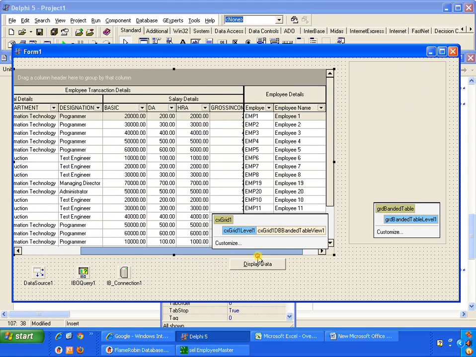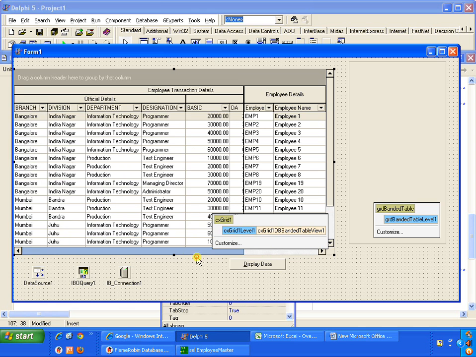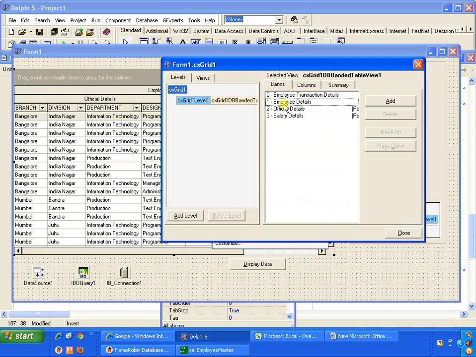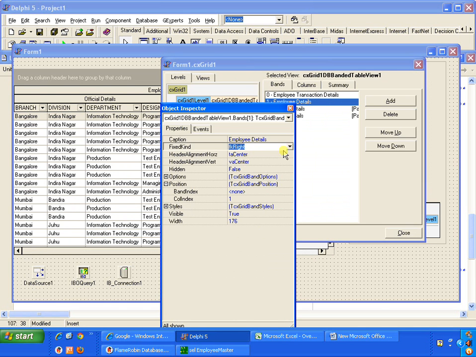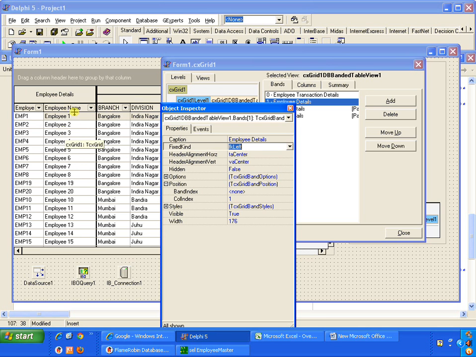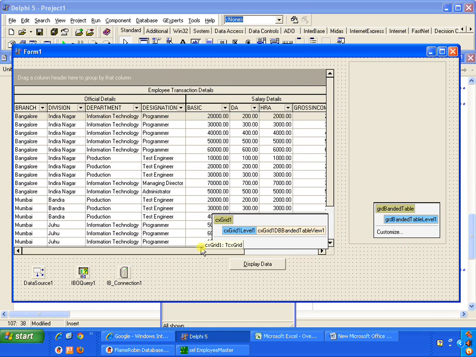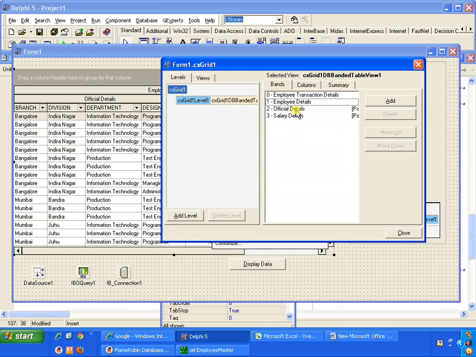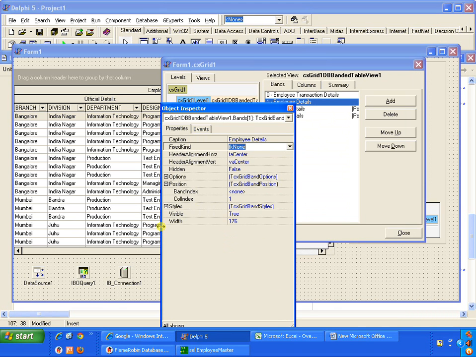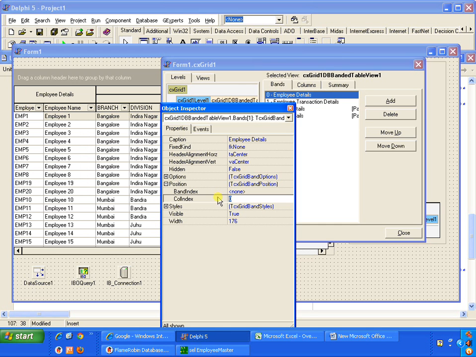So you could see respective employee details without any disturbance. Once again, what we will be doing, press the F11 key, take it to the left hand side. Now if we do not want it like this, again what we need to do is make it none, as you could see here, and the column index again we need to rearrange. Click here, column index is 1 right now, so we would be making it 0